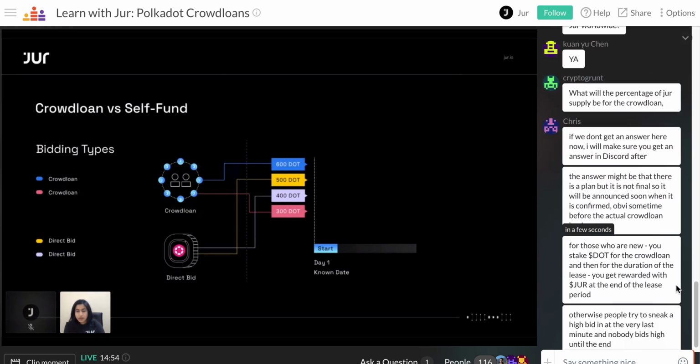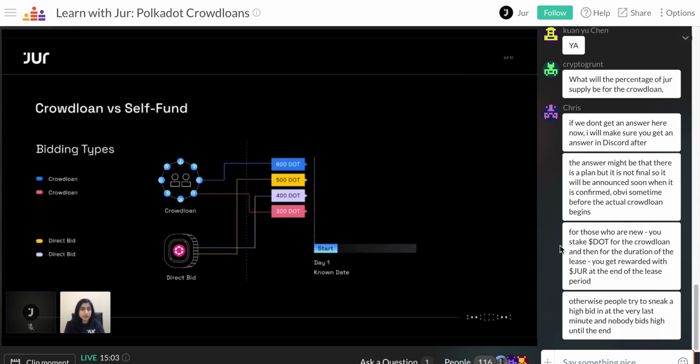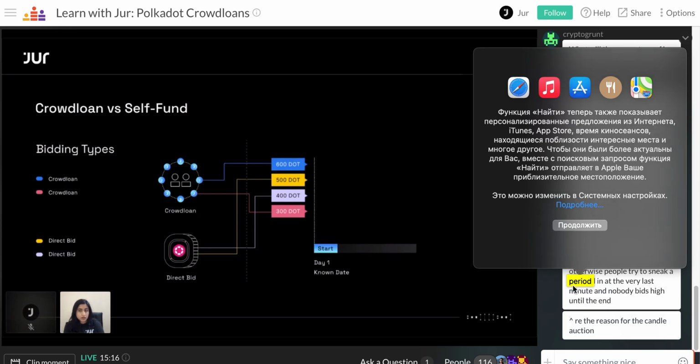And once again, the strategy is highly subjective to the project, their conditions, their target, and the time they have. So whatever fits the best with the project works. So both can work depending upon the situation. Self fund is more suited when the project is economically stronger, and when they want a lot more control, when they do not want to coordinate the entire community into a crowd loan, or